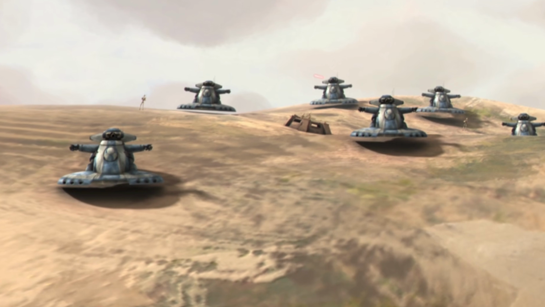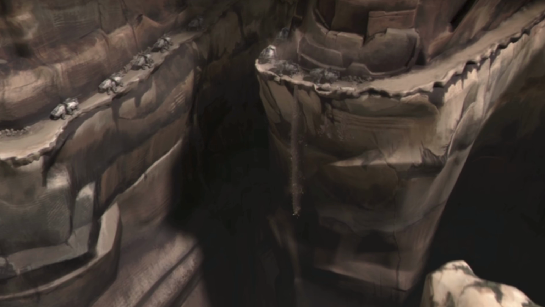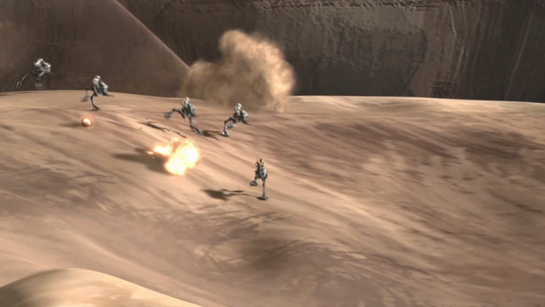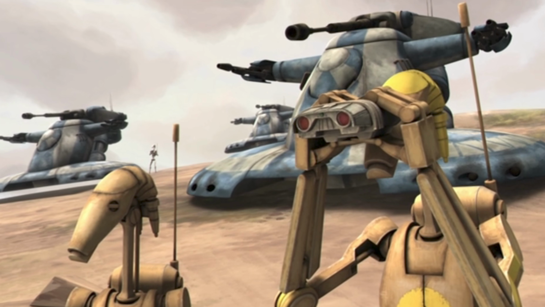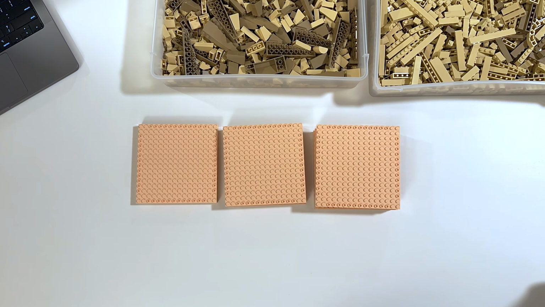In this episode, Mace Windu is leading an attack on Ryloth against the Separatists. He has a huge convoy of ATTEs and they come under attack as they get closer to the city. Mace Windu jumps on an ATRT and runs up this hill to attack some droids and armored assault tanks. I thought this scene where he was charging towards the droids would be fun to build, so I started by